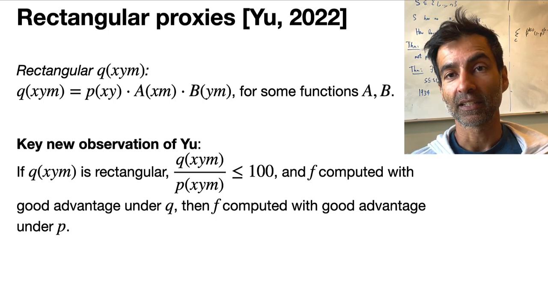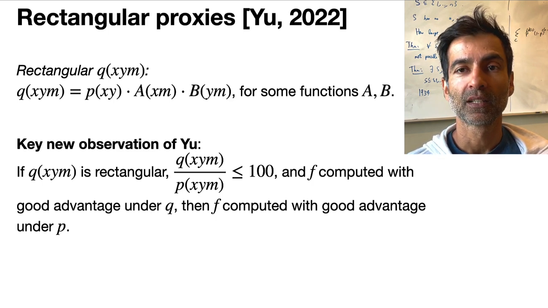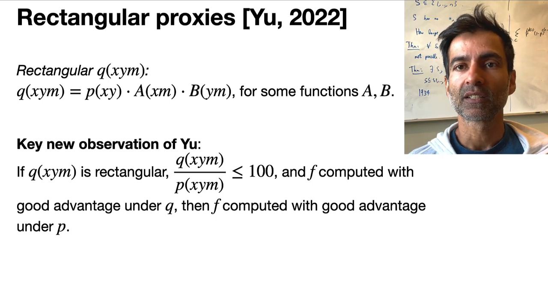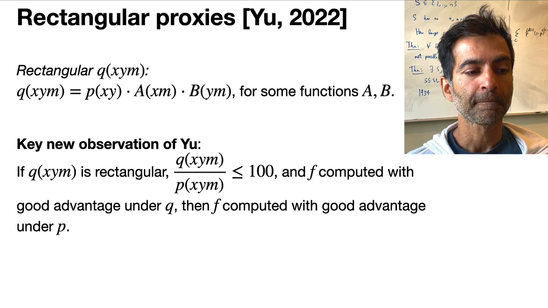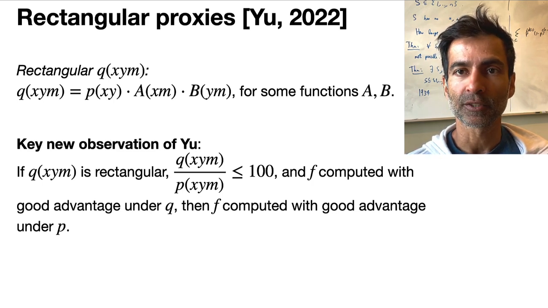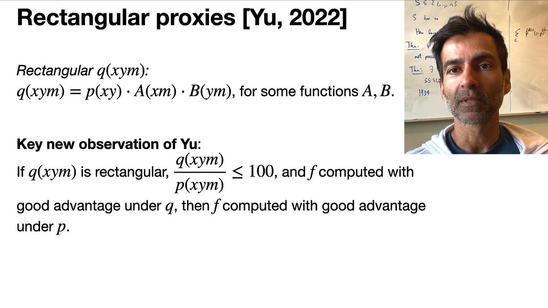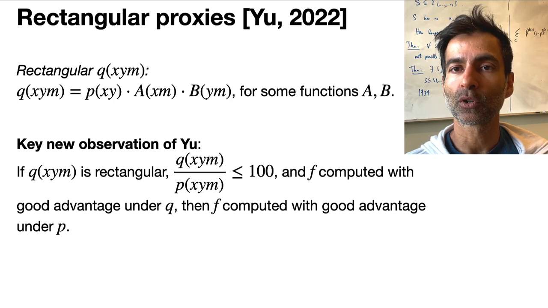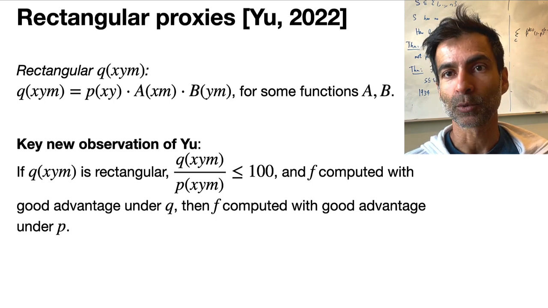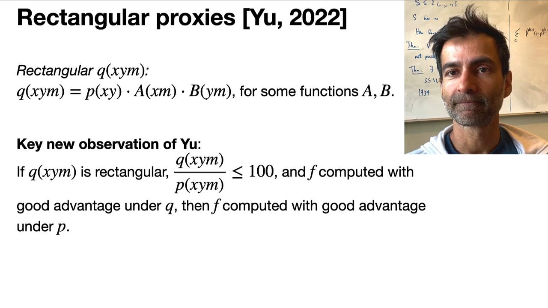Our distribution and many of the ideas in our paper are inspired by this recent work of Huacheng Yu, where he proved results for bounded round protocols. A key observation that Huacheng made is that he defined the concept of a rectangular distribution. A rectangular distribution is somehow like a restricted family of distributions, kind of like a protocol, but it's not as restricted as protocols. Okay, so it's halfway in between an arbitrary distribution and a protocol distribution.